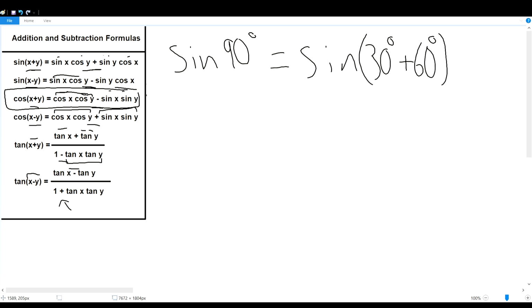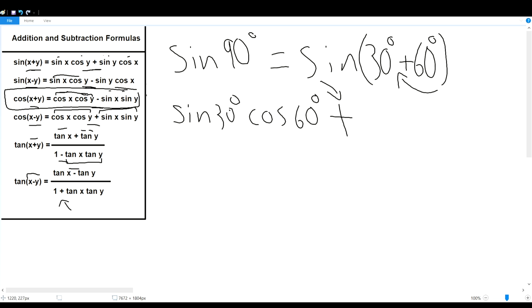So cosine is different from sine. So this time we're going to be doing sine 30 degrees, cosine 60 degrees. And then we will do addition because sine is the same. So we're going to have that plus right there. And then we're going to have sine of y now. So we're going to have that 60 degrees. And then flip for the cosine too. So cosine